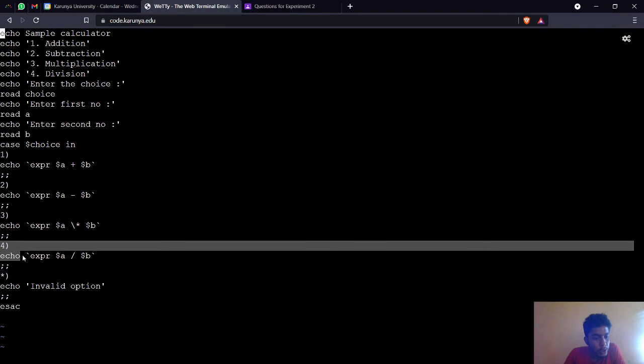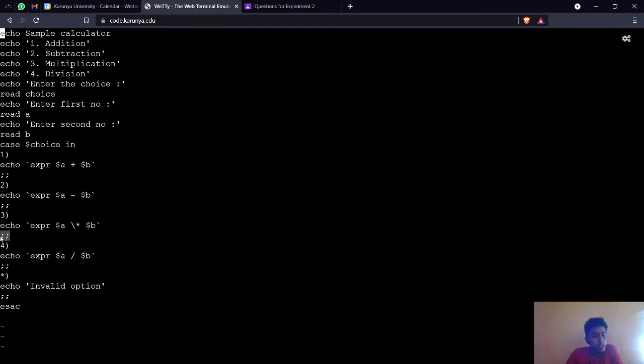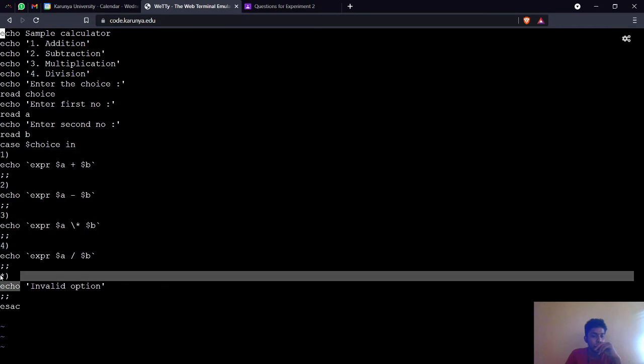So this is for four conditions. Here the double semicolon is like a break statement. After performing this, if you give one, it will perform this and break from the switch statement. If you don't give a break statement, it will go on to case 2. To avoid that, you use a break statement. So these are the four cases, and the star is the default.